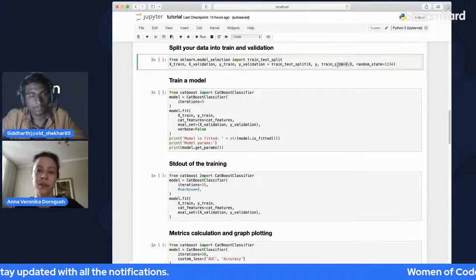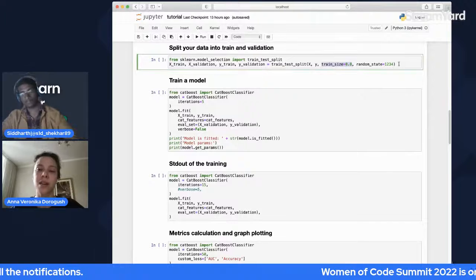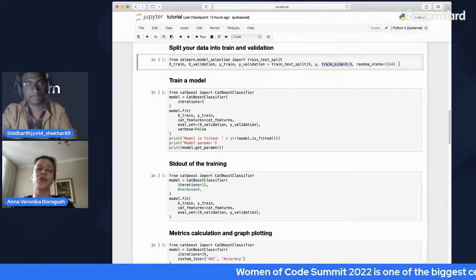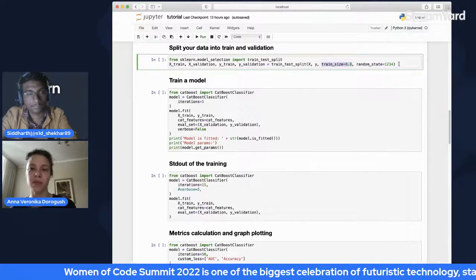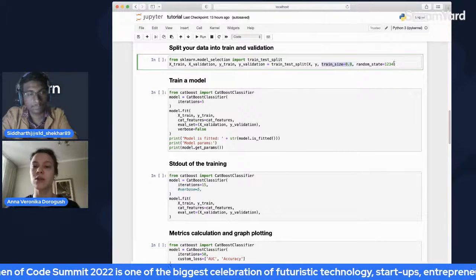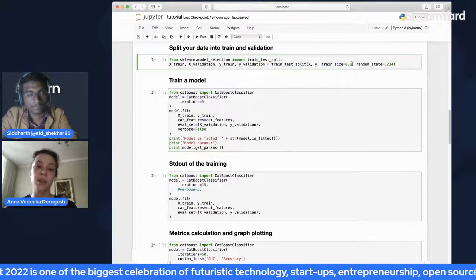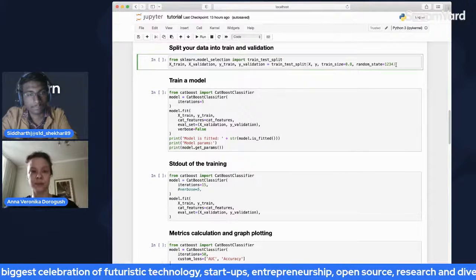For a small data set, a pretty normal amount of data for validation is 20%. So here I am setting train size to 0.8, and the rest will be put to validation.